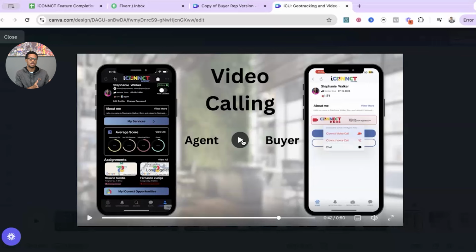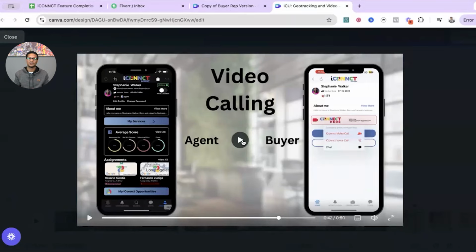And like I mentioned, they can request for you to tour property virtually. I'm starting to see that a lot more often with real estate agents and their clients who are out of state and moving in state, or in a different country, and looking to buy investment properties within this state. This feature comes in handy because they can find the real estate agent on here, and at the same time click schedule a tour, and it could be a virtual tour. They do that all through video calling the real estate agent. So they would select the real estate agent just like you see on the right-hand side here, and then they would click